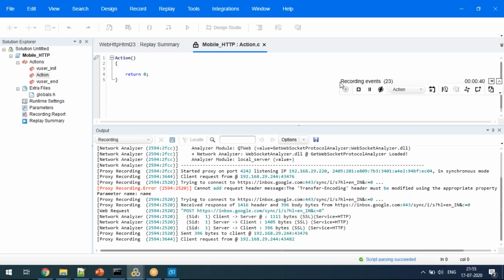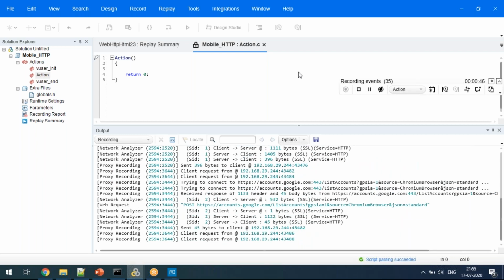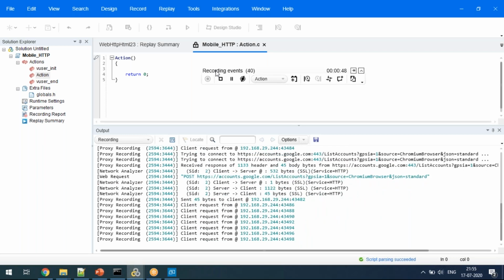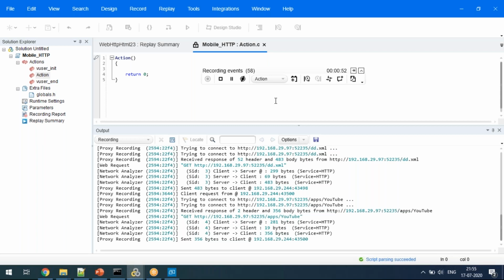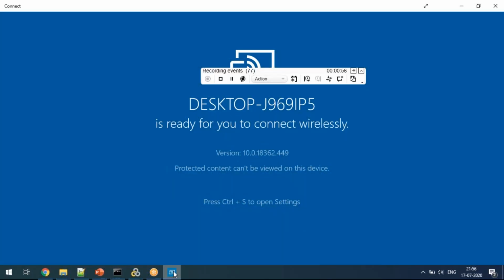Similarly, if I am trying to access something from my browser, as I mentioned, I'm going to launch my Chrome browser, right? Let me check whether my application is visible here.